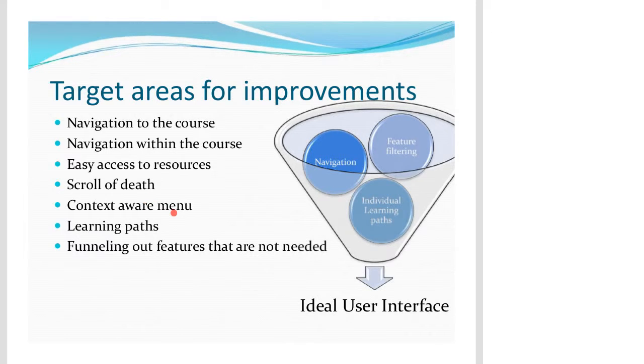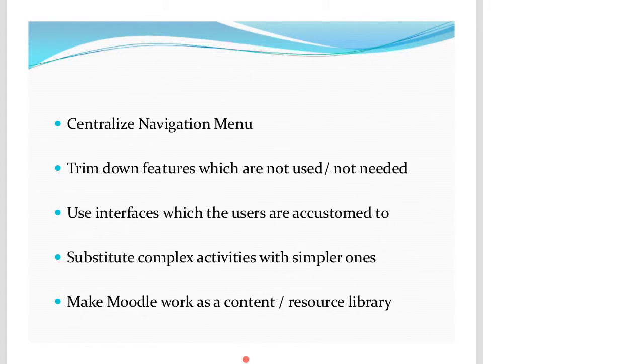resources. The context-aware menu. What we've done in the case study is try to eliminate the breadcrumbs as well as the navigation block, and have a context-aware menu which gives the user access to the pages he needs the most at that particular point. Learning paths, though this is not directly related to the user interface, we might go over that. So basically, we did these things, and the 5 major outcomes of the redevelopment of this